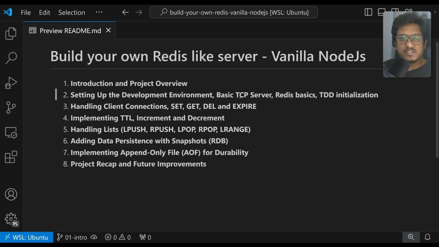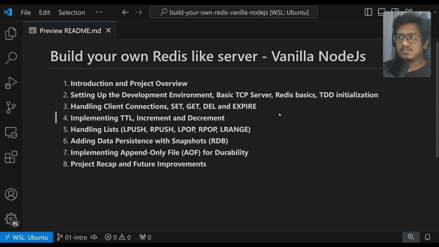From there, I will be introducing the Redis protocol. There is a structure for how the messages will be sent across the client and server. So I'll be giving you the proper briefing about it, and we need to parse it anyway, so I'll be going through that at a high level as well. And last, in chapter 2, we'll be covering the very basic TDD initialization, so that for the rest of the chapters that will be the base,